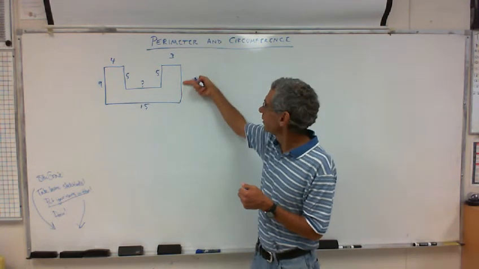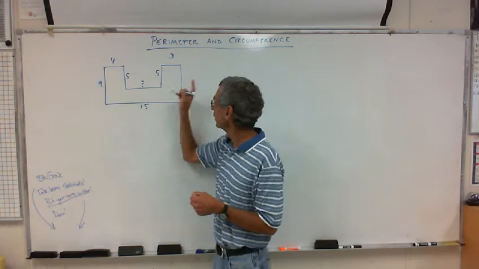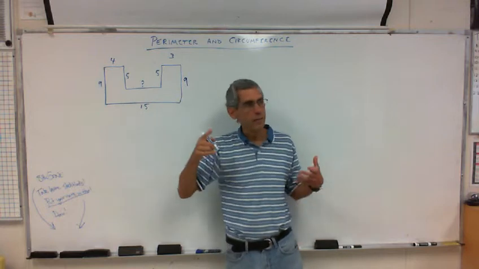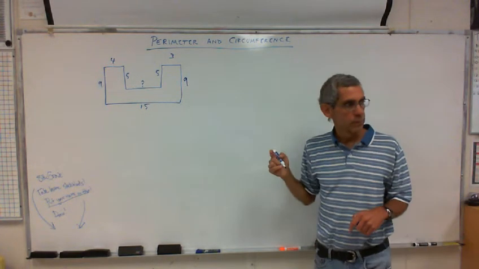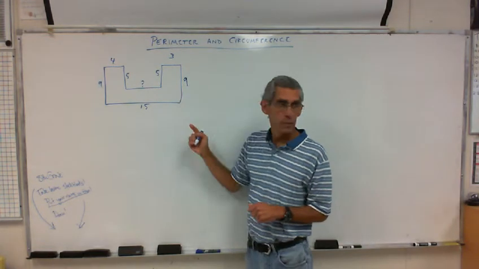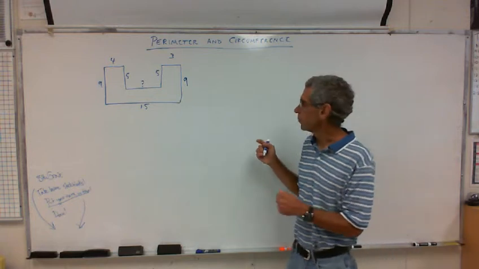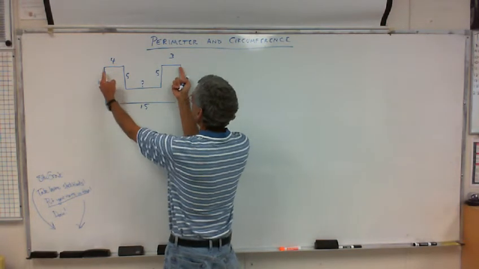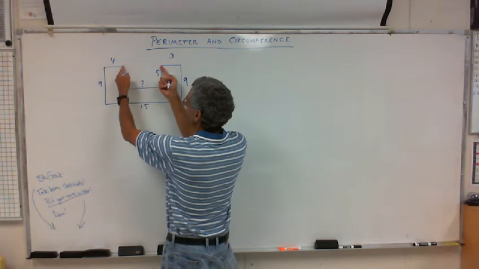Yeah, so because I said that this is going to be the same height as this one, I noticed this one they gave me, so I'm going to make this a 9. But how would I figure out this? Because I can't figure out the perimeter until I have figured that out. Graham, what would you do? Because the bottom is 15, and then there's 3 and 4, you match with things like 7, and then 15 minus 7 is 8. All right, perfect. So he's saying that the bottom is 15, and up here, 15 minus 3 minus 4 will